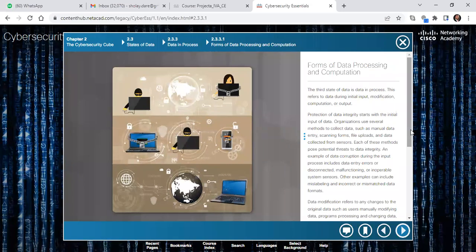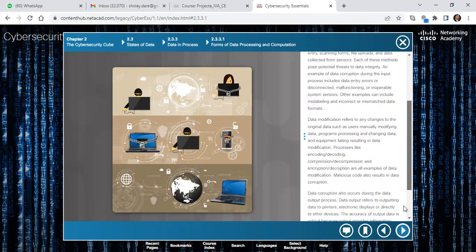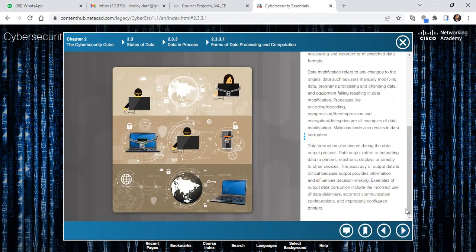Data in process is very important. You should know how the flow of your data goes as a cybersecurity personnel. That's what we want to see. The forms of data processing and computation is what we'll be discussing in the next class. So try to join me at 4 o'clock, by the grace of God, so we can have the full class like I explained. Okay, so tomorrow